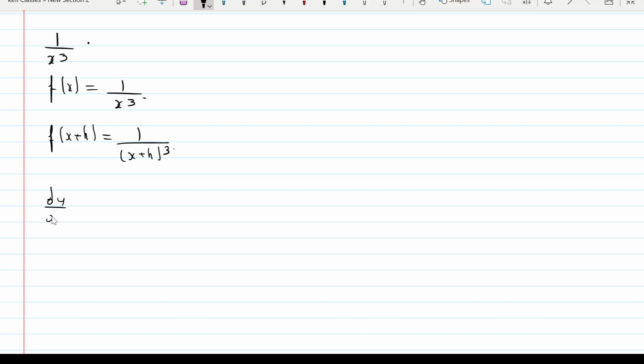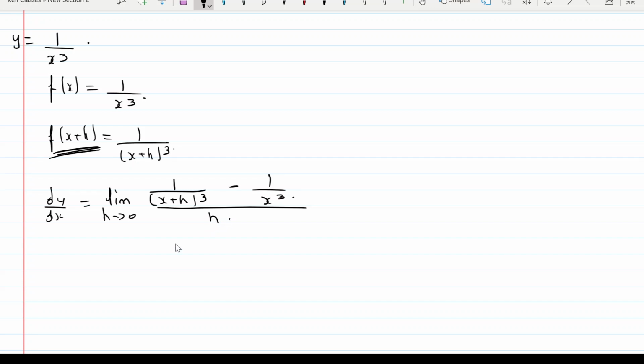And so dy by dx, so you call this y is equal to 1 by x cube. So this is equal to limit as h tends to 0, I'll write it directly, f of x plus h, so it is 1 upon x plus h the whole cube minus 1 upon x cube divided by h, which is equal to limit as h tends to 0, 1 upon h into, so take its LCM, it's x cube minus x plus h the whole cube divided by h,